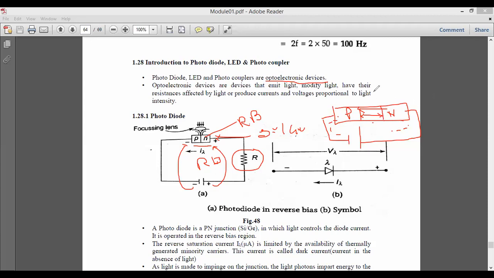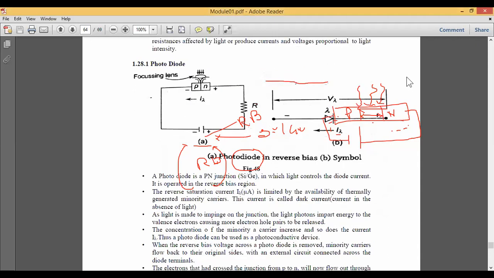So basically this photodiode is operating under the reverse bias region, and the reverse saturation current should be available thermally. Thermal is nothing but I will apply light. I will apply the external light on the junction part. Now what will happen to the junction? Because there is an external emission of light taking place at the junction part, then